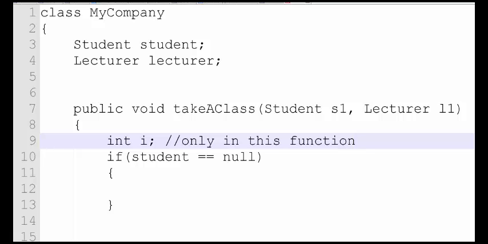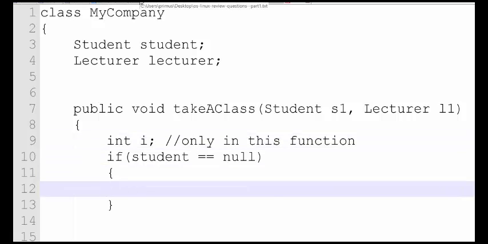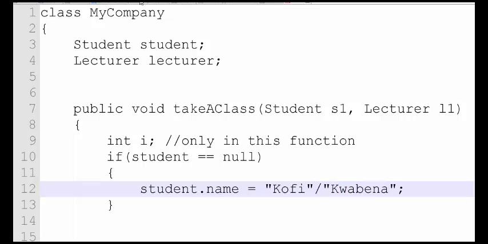That means that in a thread as well, they can see all the things that are global to the function. The only danger with threads is once you start to do this, then you have to worry if someone does something like student.name equals Kofi or maybe Kwabena. Because now, if they are all going to be sharing the variables, if they are not careful, they will clobber each other. That's the main danger with threads, as you have multiple things running, sharing all these variables. Even for the shared memory for processes, they have to be careful. You have to make sure that you don't overwrite the other. And normally you'd have some extra variables to keep track of.